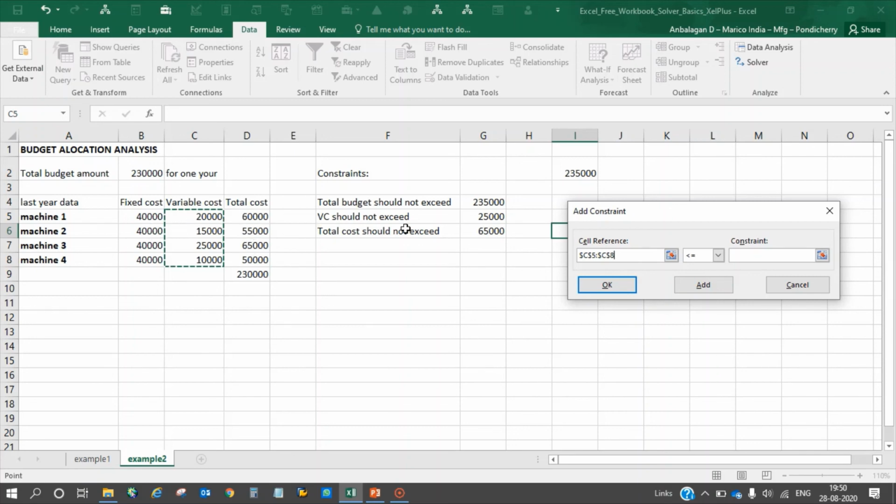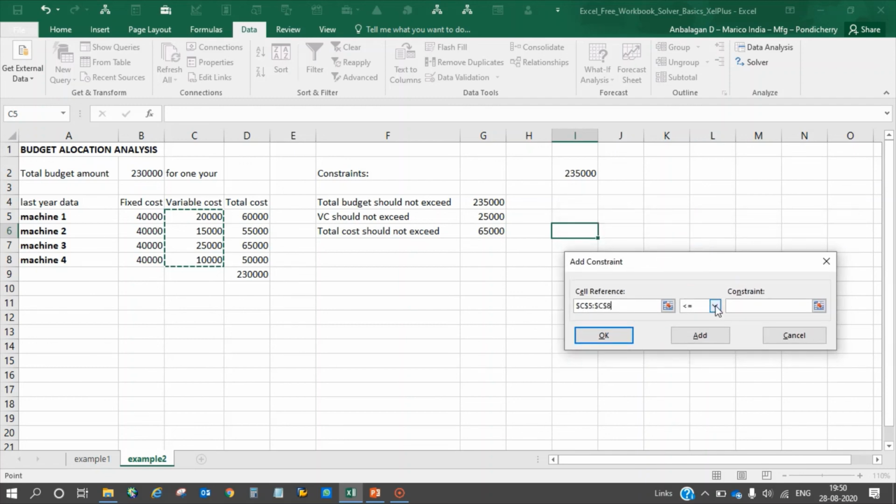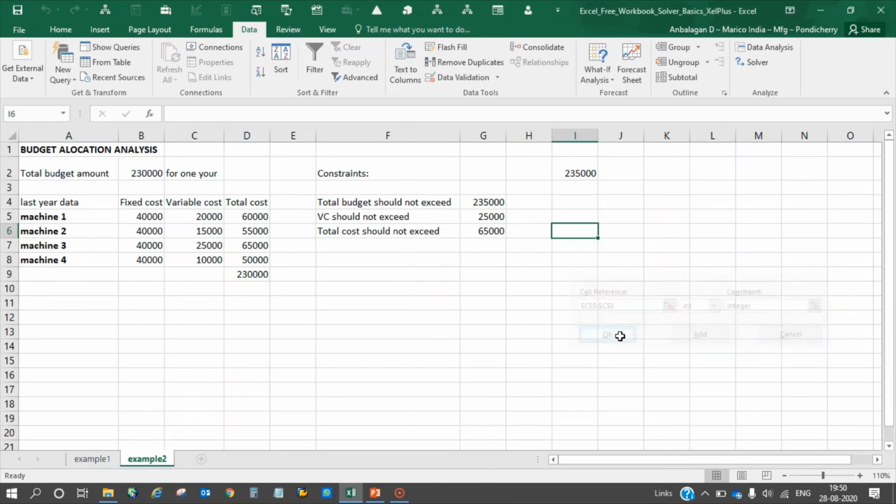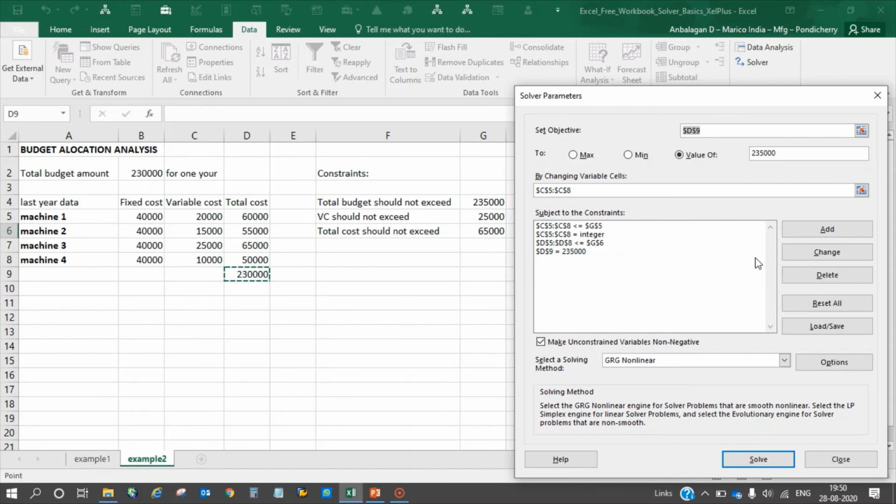You cannot give a cell reference that is a formula. So then select integer. Okay. So my answer will come as an integer, not a decimal.